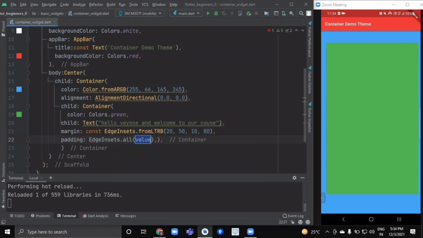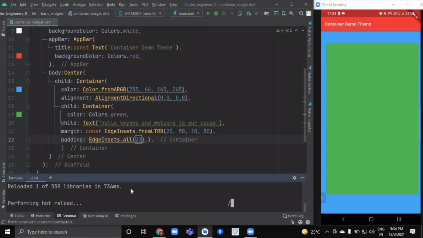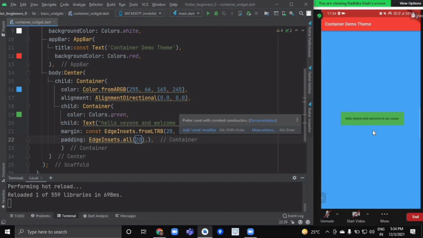From all sides I want to provide the padding, and it should be 20. Now if we hot reload it, as you can see, it has changed. The container has taken the space according to the text provided to it, and you can see the visible padding, that is the space between the text and the container.